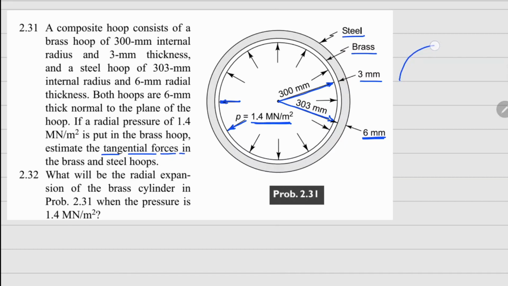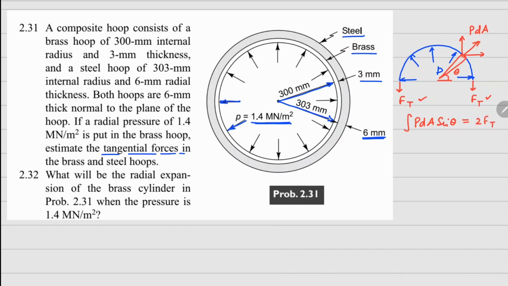Now for this purpose we can recall example 2.7, where if there is a hoop which has internal pressure P here, we can look at a small section here and relate this tangential force by doing a force balance on this. So if I take this small area, the force on this is going to be PdA, and this Ft will be balanced by the vertical force there. So PdA, if this angle is theta, sin theta component, this will be integrated and it should be balanced by